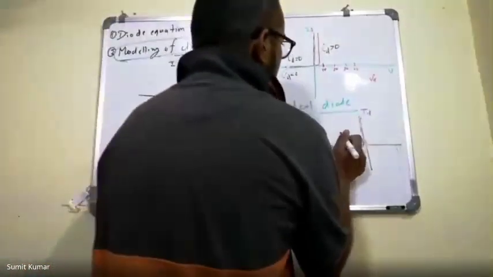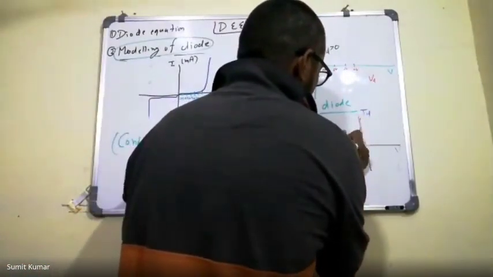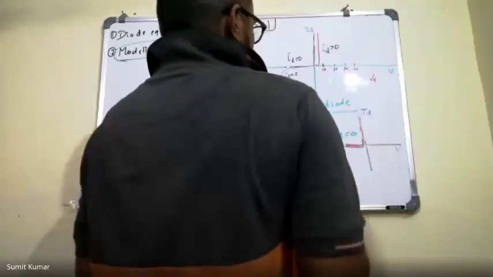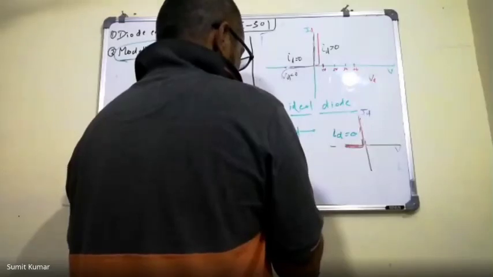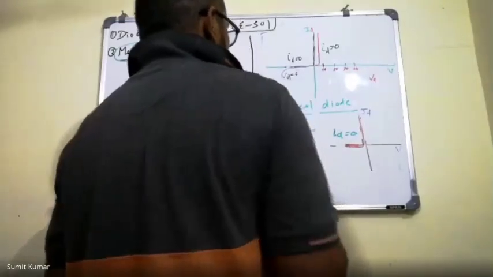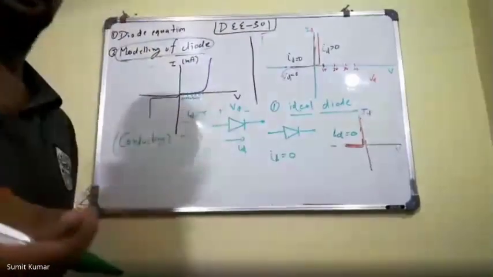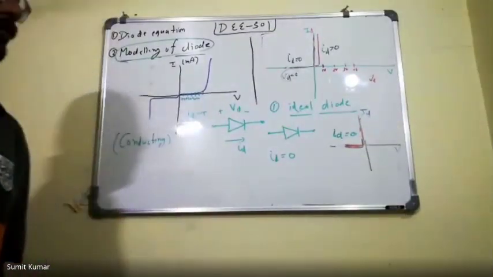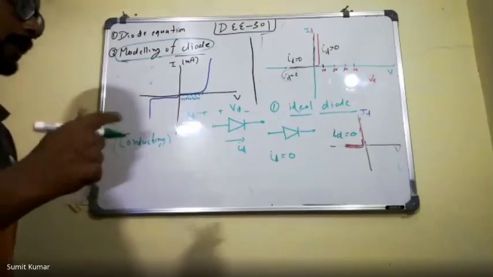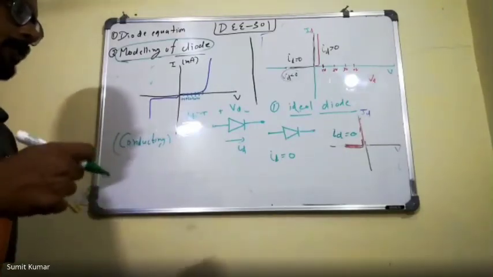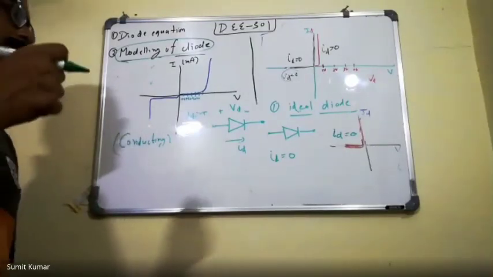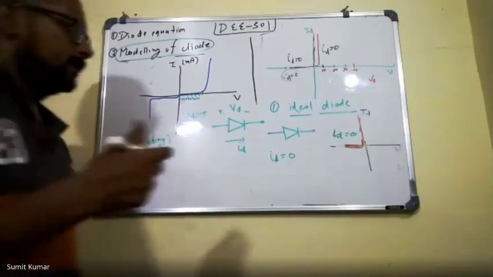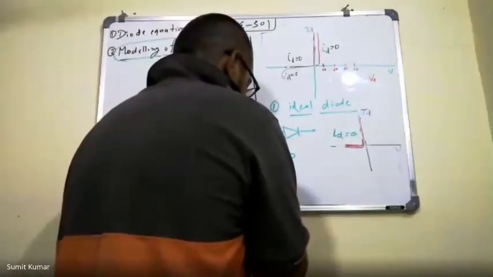If I want to model this part, you can see here that the current ID is 0. If the current is 0, how can you model it? What is the situation in the circuit when the current is 0? This is the open circuit situation. If the current in some device is 0, then we can say it is open circuited. Then definitely I can represent my